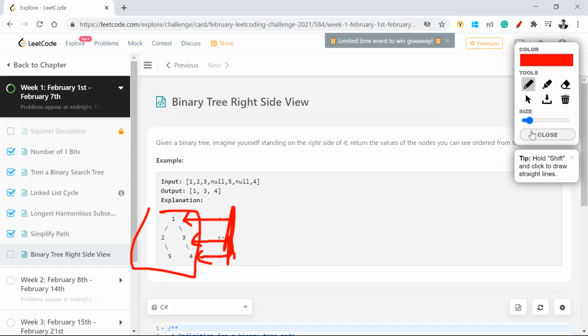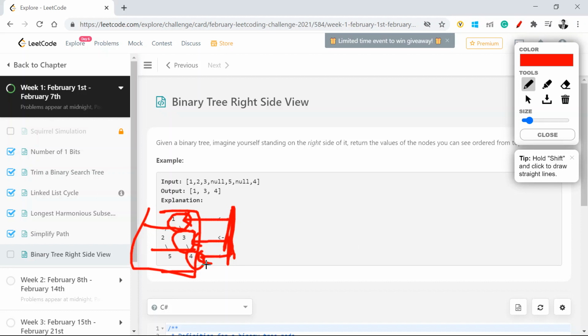Now, I believe it would have hit you that whenever I'm looking at a given tree and at each and every layer, I need to pick the last value in that layer. It doesn't matter what the root node is; you need to look from the layer perspective.